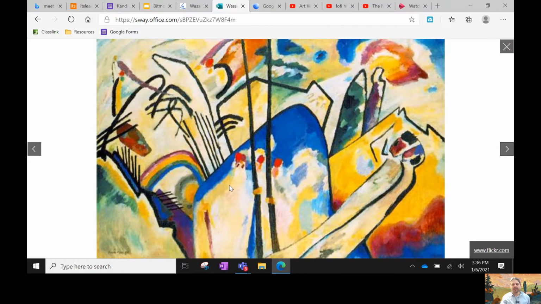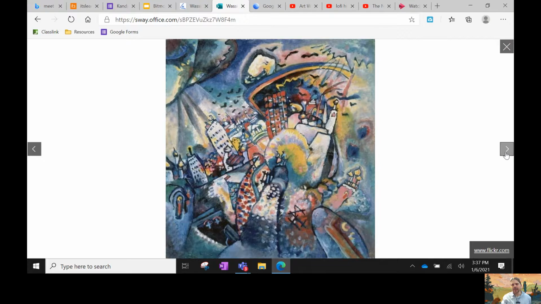Oh, now we're starting to get very abstract. This barely looks like anything you could recognize at all. I do think there's some hills, maybe a rainbow. Are these buildings? Are they mountains? What are these things? It looks like there might be some people. But look at the rhythm. Think about music while you look at it.